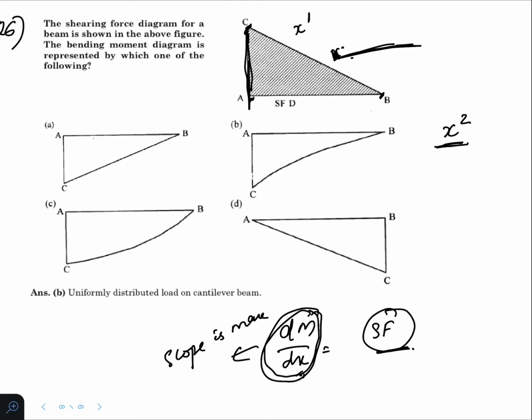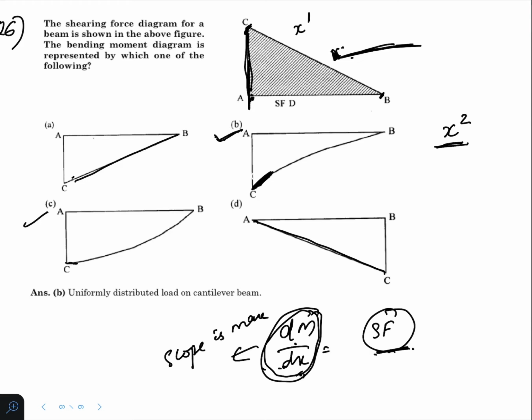See, the second degree parabola, we can check this one and this one, because this is straight, and A portion this is straight, and here in D also this is straight. So from B and C, which will have maximum slope, that will give you AC. The slope corresponding to maximum shear force will be this one. See here, maximum shear force here in B answer.